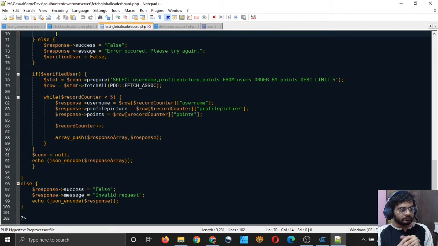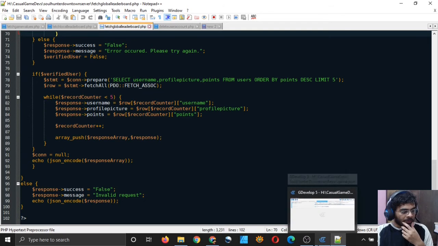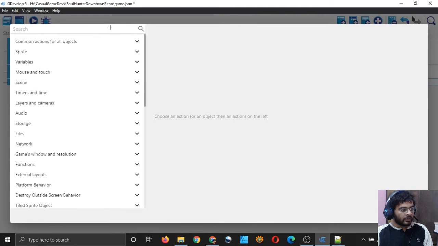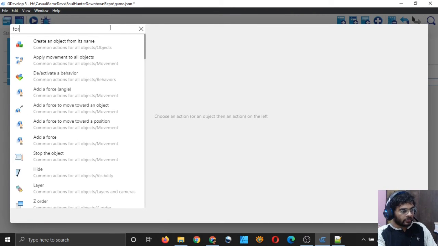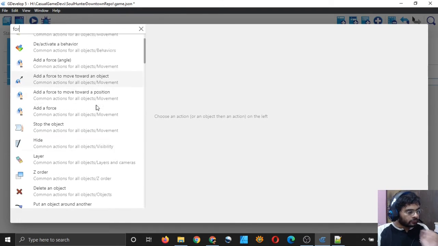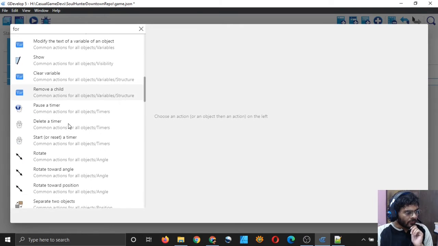So now how to access this JSON array in GDevelop? Let's see that. I think I have never really iterated through an array in GDevelop, so I will also have to figure it out a little bit. I will add a new event and I will see if in actions, I guess. Let me see if there is a for each.